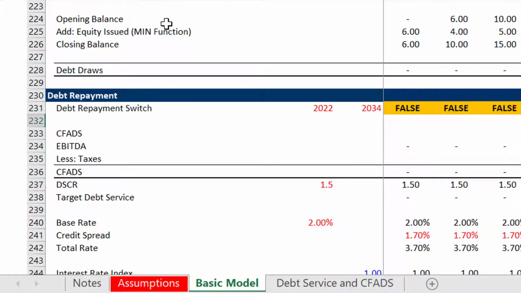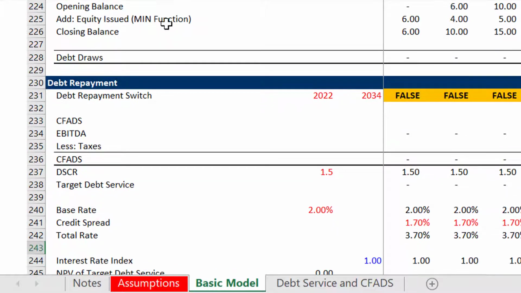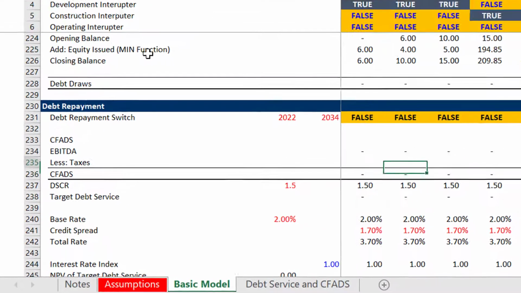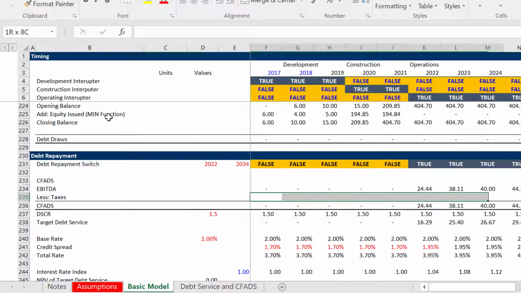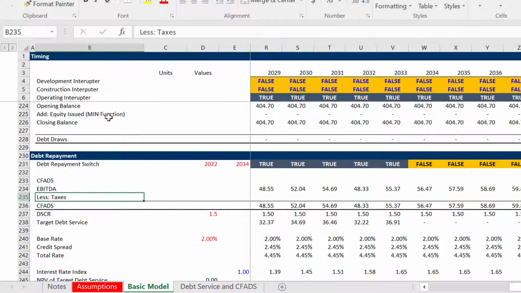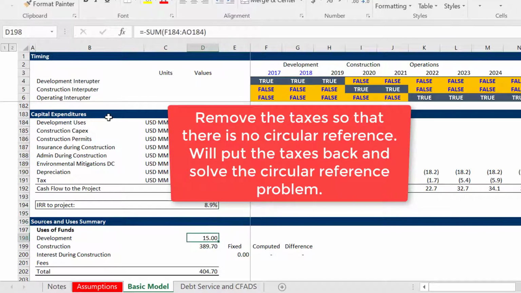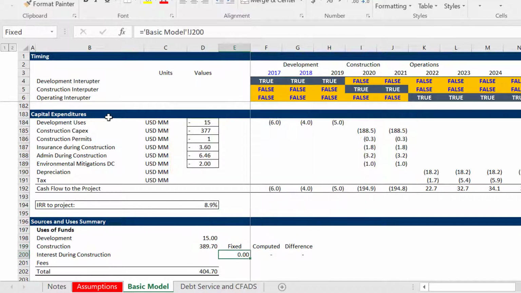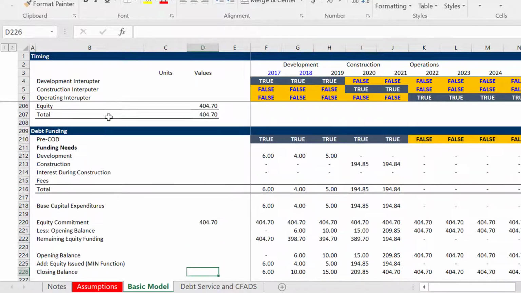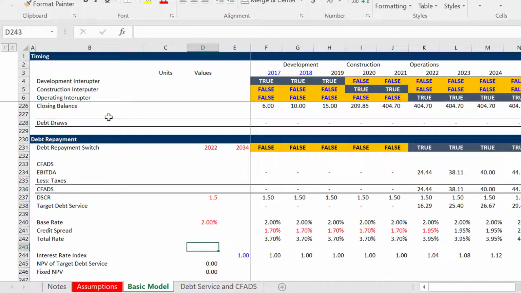And then once we have that, we go through the debt repayment. And this is where we do some of the sculpting. Now, I took out the taxes from the CFADS. That's really important. And I also took out the interest during construction. I left some little range names here for us to make the copy and paste. Okay. Now, once we've done that,